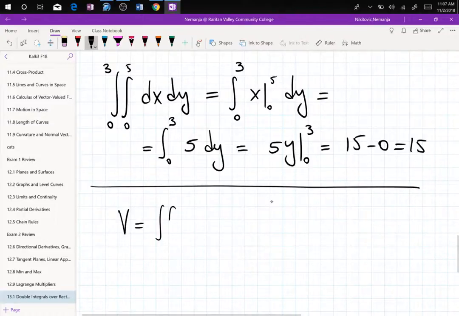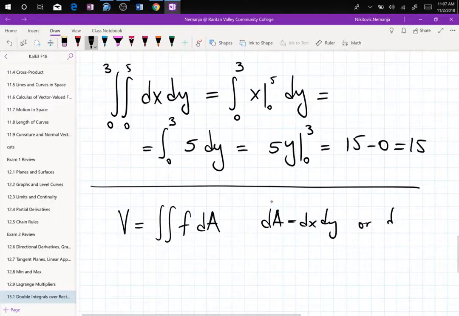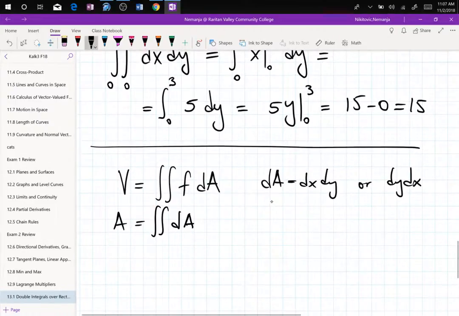Volume is going to be the double integral of a function, and then we put dA, where dA is dx dy or dy dx, or area, just double integral dA, no function. No function. And then we also say that the double integral with a, b, c, and d, numbers only,